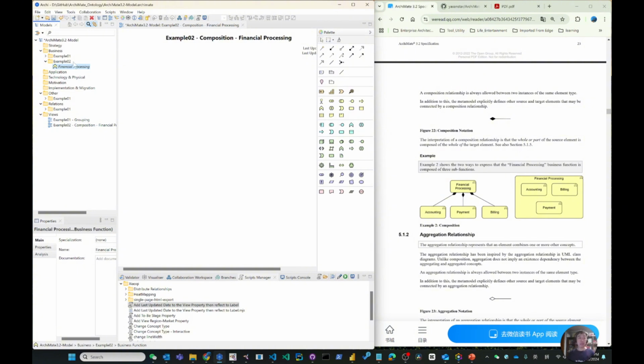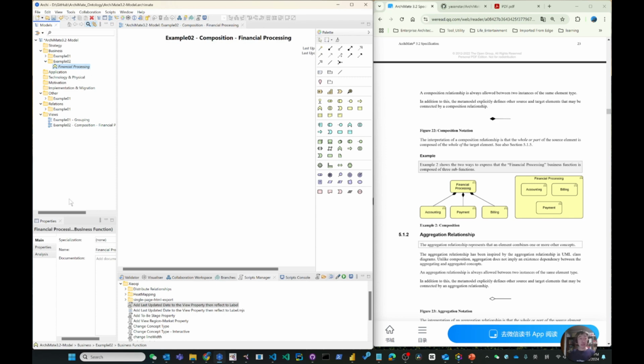Maybe one of my colleagues already has a financial processing business function created and existing. It's no problem to create a duplicate element with the same type and the same name, but that will be confusing or misleading. So it's better to promote reusability within your EA team or architecture team. So if I search and get the result that there's already a financial processing business function in the model,